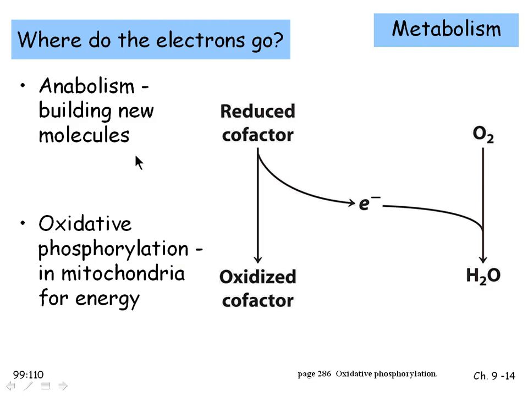So when you take in fuel molecules and you use them to reduce NAD plus to NADH, or whatever, what do you do with those electrons? Well, some of it's going to get used for energy. Oxidative phosphorylation in the mitochondria will provide ATP for other things. And some of it will be used anabolically, since the more complicated things tend to be in a reduced state. If you want to take little simple things and make big complicated ones, you often have to do some reduction along the way. And so those reduced cofactors will contribute electrons selectively and allow you to make more complicated